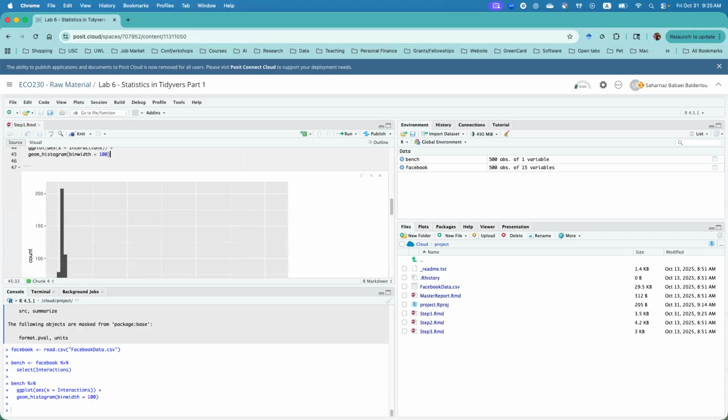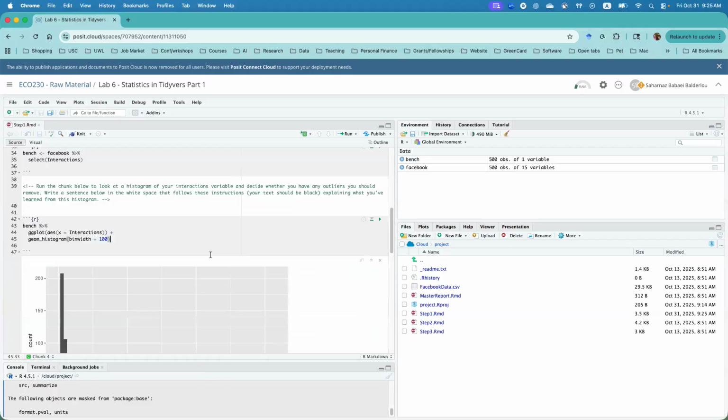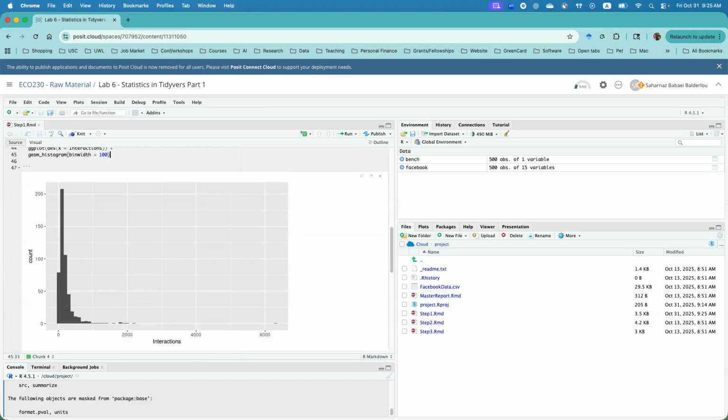Pause the video for a couple seconds and think about what you see here in this graph and how you would interpret this. Assuming that you pause it, the histogram shows that most posts have very few interactions, while a few posts have extremely high values. This suggests the data are right skewed and contain some outliers that may need to be removed